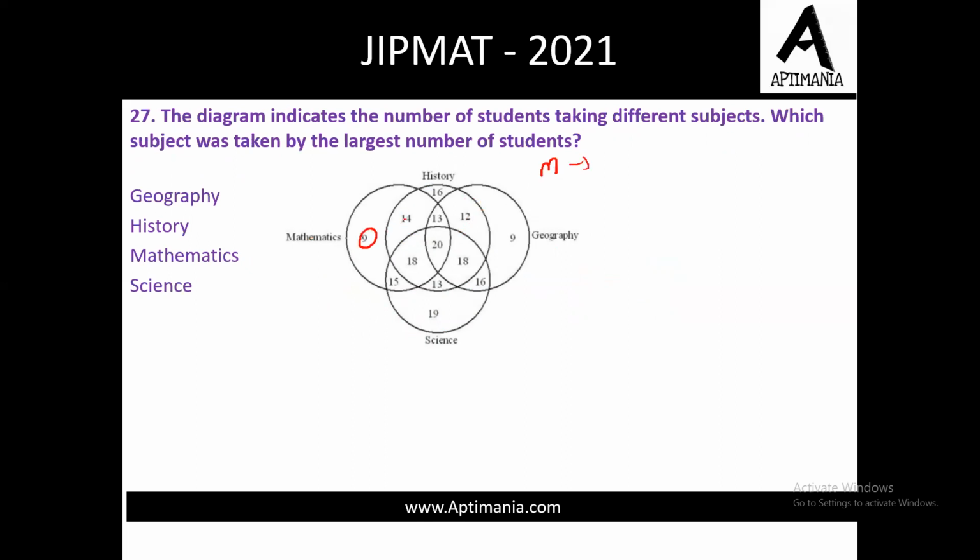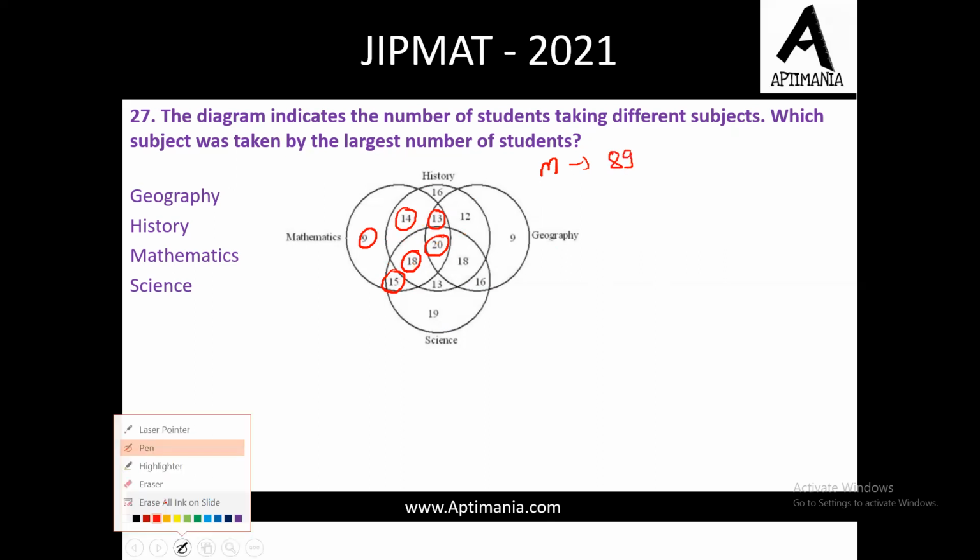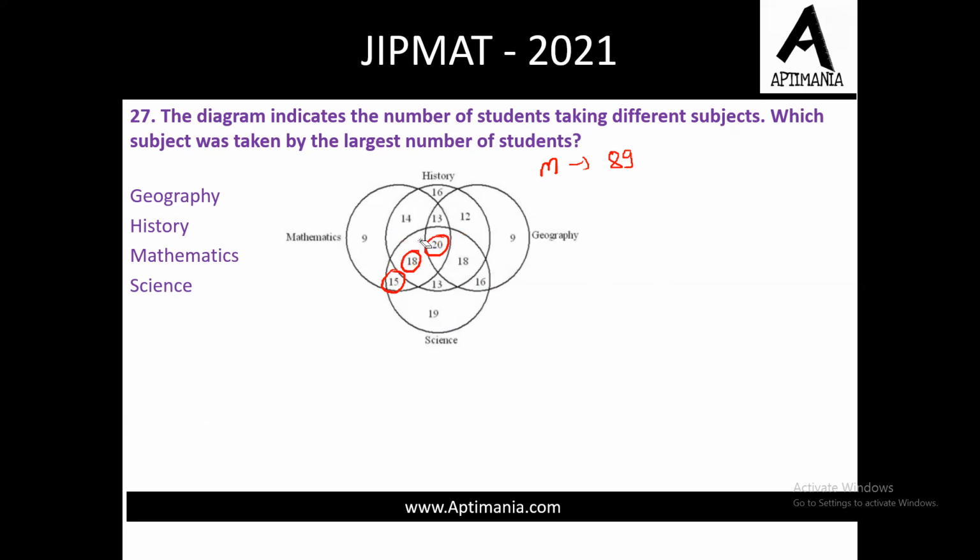We need to count this: 9, 14, 13, 20, 18 and 15. ये सारे maths वाले सर्किल में आ रहे हैं। तो यदि हम इनका टोटल करें तो 9 and 14 is 23, 36, 56, 56 and 15 will make it 71 and 18 is 89. In total we have 89 for maths. तो maths का हमने पूरा काउंट किया है, वो 89 आ रहा है।